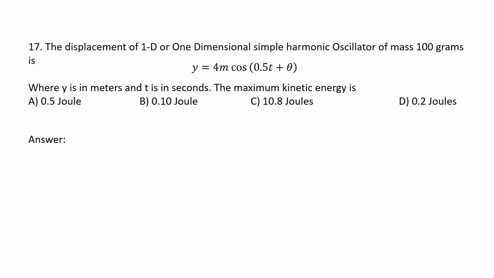The displacement of a one-dimensional simple harmonic oscillator of mass 100 grams is given by the equation shown here, which is a cosine function, where y is in meters and t is in seconds. The maximum kinetic energy is given as letter A, 0.5 joules. Letter B, 0.1 joules. Letter C, 10.8 joules. And letter D, 0.2 joules. The answer is